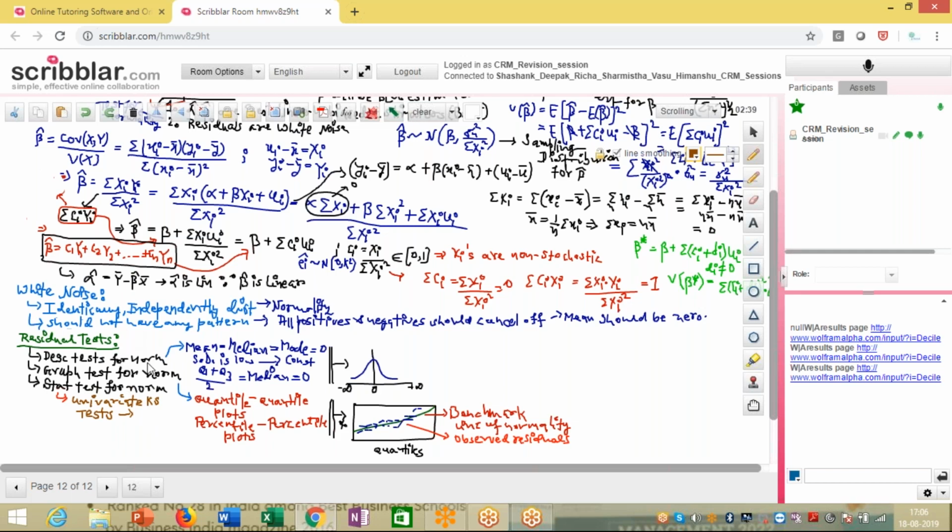The KS test uses the cumulative distribution of the observed error series, and compares it with the cumulative distribution of a theoretical normal distribution function. So the hypothesis that this KS test would have is